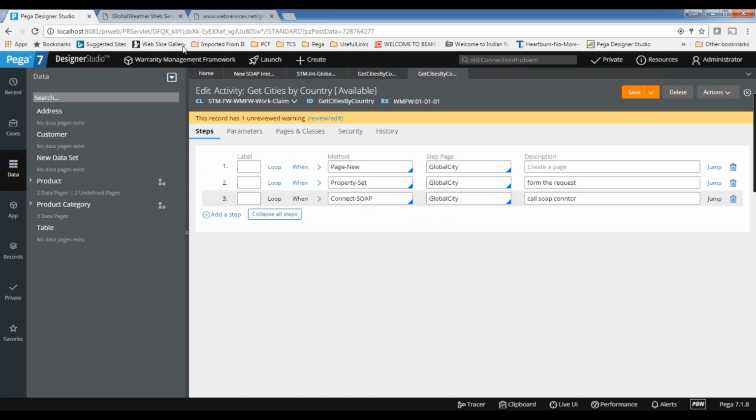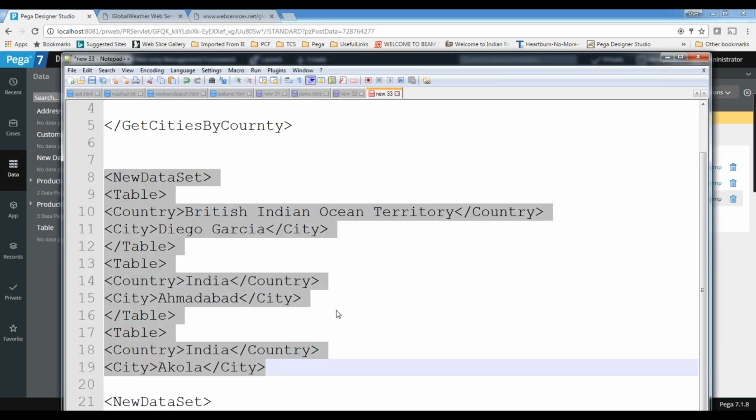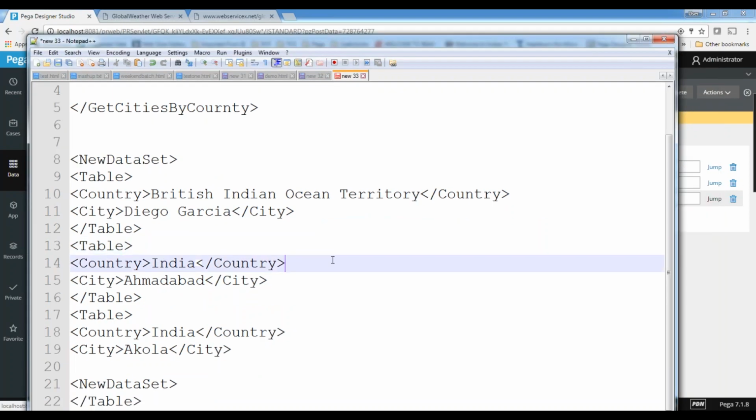Now to create the parse XML rule to convert it, that we will see tomorrow. I prepared a structure. Now we will create a parse XML rule to parse this, and then we need to use the same rule in the activity. Once everything is working fine, we need to integrate with UI. That part we will see. It will take another 30 minutes. We'll see that tomorrow.